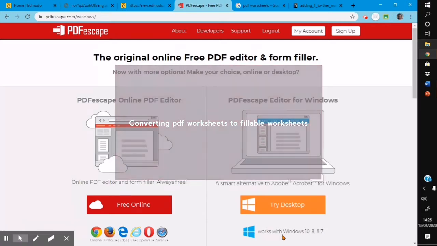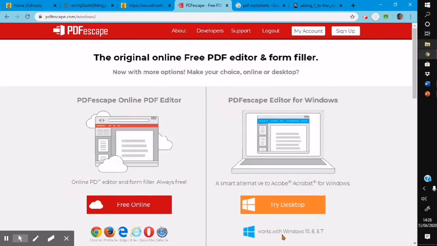I did get a number of questions from teachers asking me how they could convert their existing worksheets to editable worksheets that children could fill. There are a number of ways, but I'm going to demonstrate this one: how to convert a PDF into an editable PDF. The site to come to for this is free, and the site to come to for this is